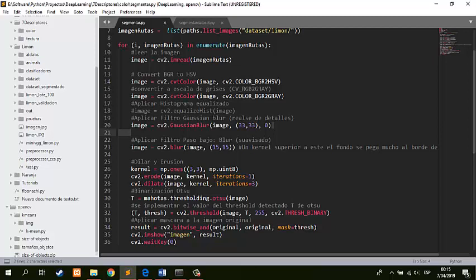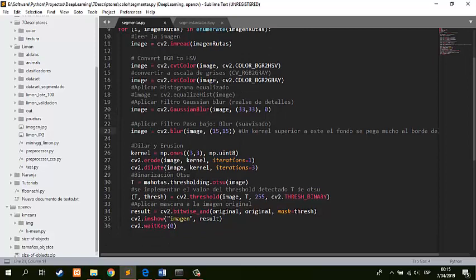With this process, those details will be more visible, with more contrast, and then I apply a low-pass filter. The feather blur